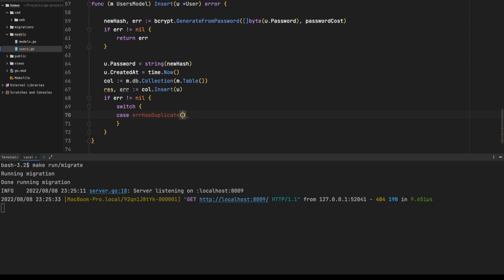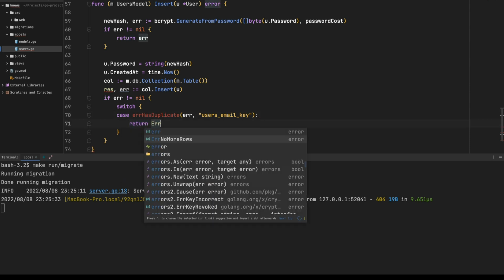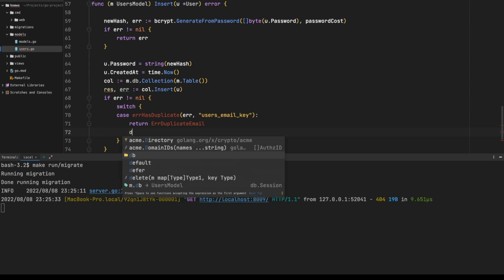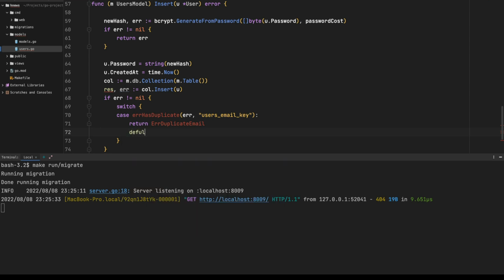And I'm going to say, if error, I'll show you why we are doing this now, users email key. If this is true, we want to return error duplicate email, right? Default case,